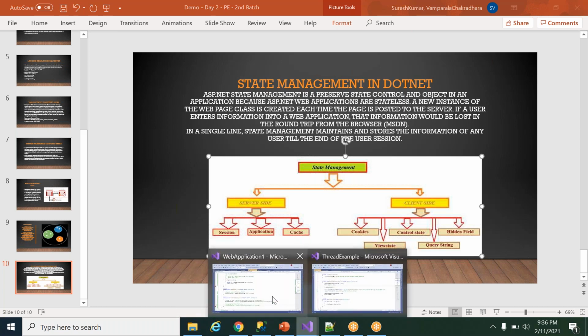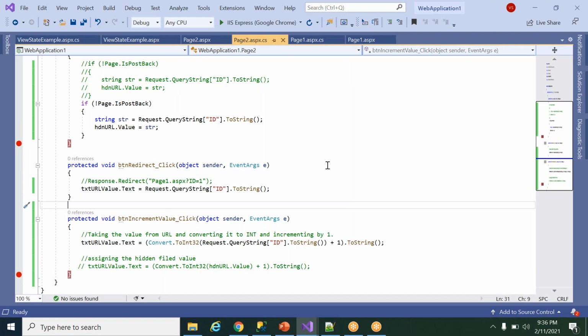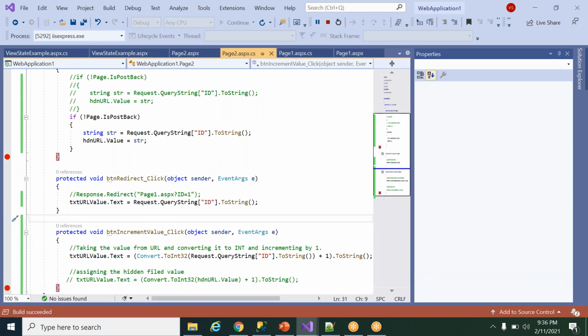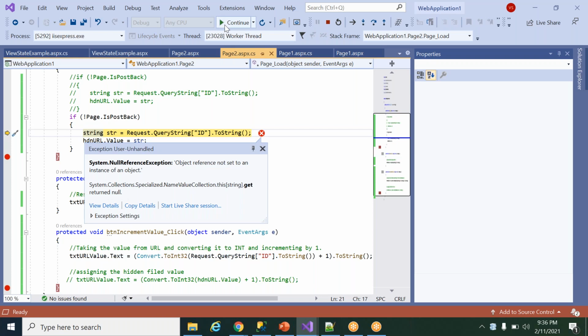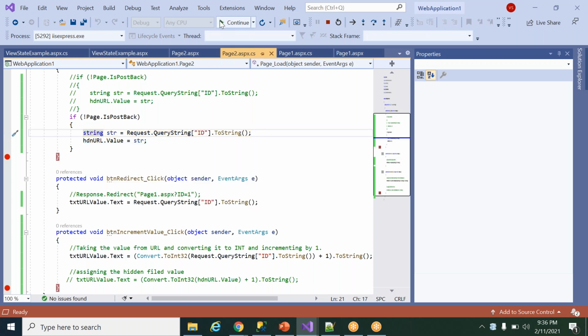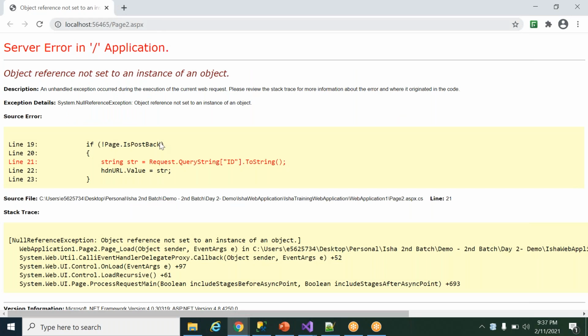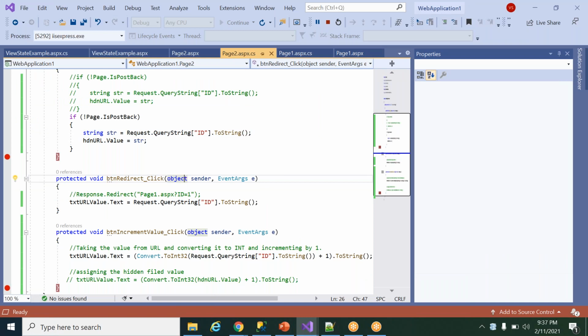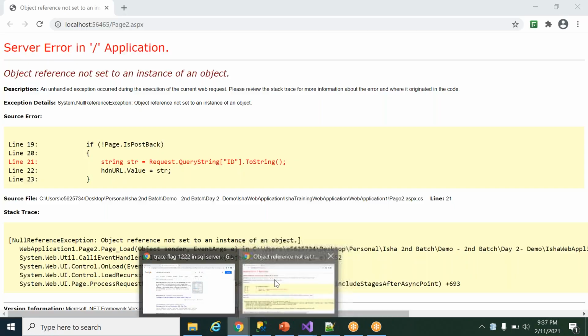Now I'll give you one example by using a web application. I have created one web application.